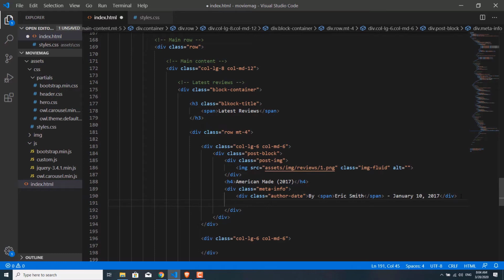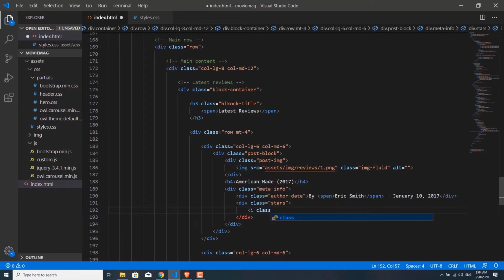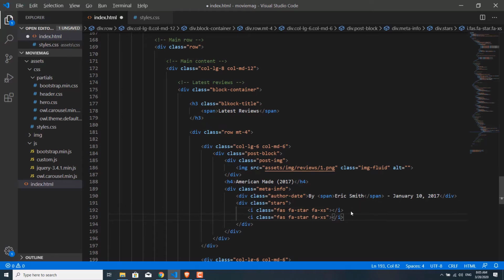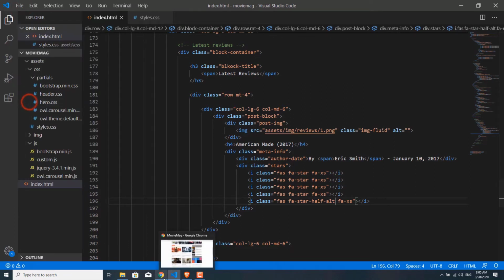And underneath this we need the star rating, so we create a new div, and here we are just going to use the Font Awesome icons. And we add one more class because we need the smaller stars. And we are just going to duplicate this a few times. And we change the last one, so it's not a full star. So if we just save it and refresh,